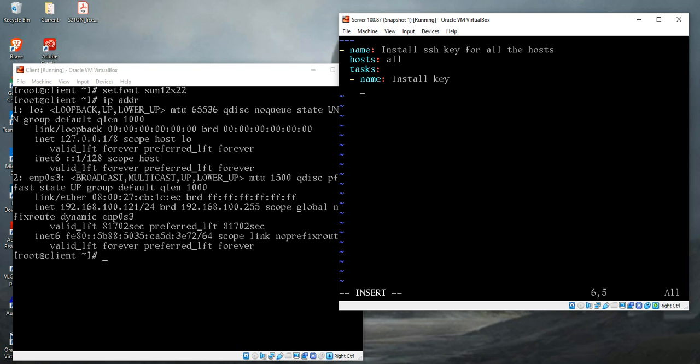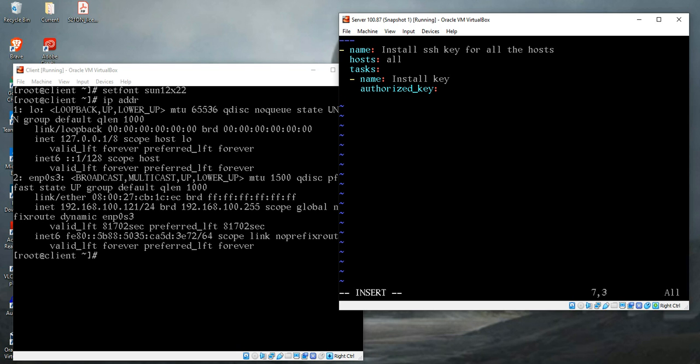So here we are going to use an Ansible module. I'll show you after finishing this where you find the Ansible modules in this package. So I'll show you that. Just follow right now. Authorized